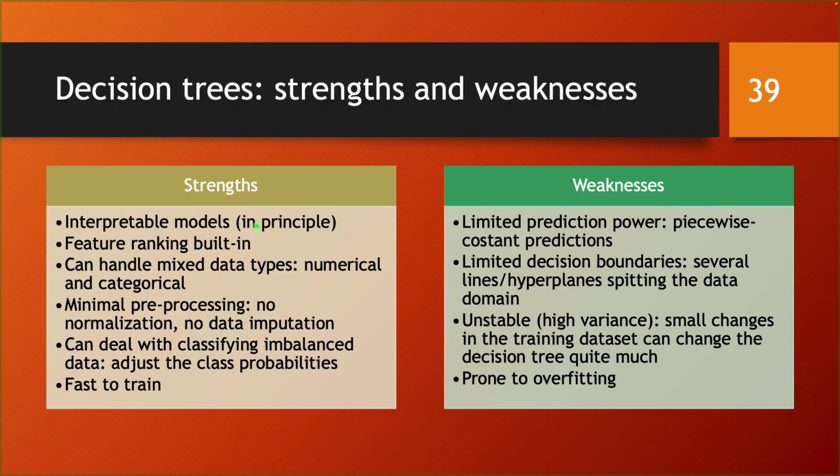I have written "in principle" here, because this advantage, even though conceptually it's clear, is going to disappear if you have huge trees, because you have to follow the entire decision path. So an interpretation of a decision is going to be like this. In the root node, you have, let's say, a query on the age. Let's say you ask, is the age smaller than 40, higher than 40? Then you have the next node, and depending on how you answered, maybe you answered yes to the previous question,